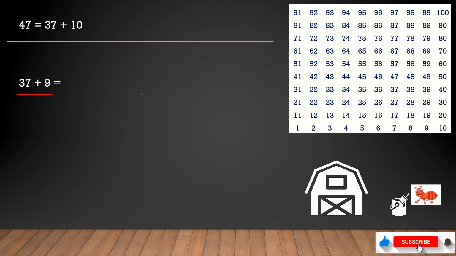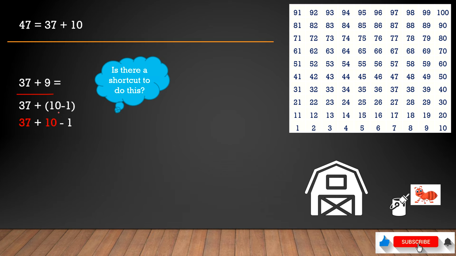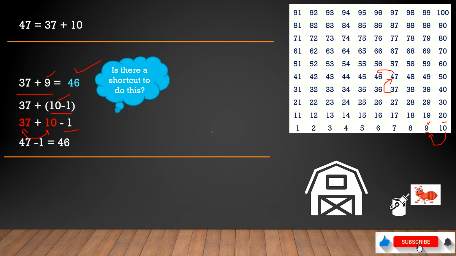37, we want to add 9. See how we can do it. 9 we can write as 10 minus 1. So here is 9. Here is 10. If you subtract 1 from 10, you reach 9, right? So what we did, 9, we wrote it like 10 minus 1. Then what we will do, we'll first add 10 and 37. And you remember, if we add 10 to 37, we reach 47. And we will subtract 1, we'll reach 46. So that's how we can add 9 to 37. So your answer will be 46.